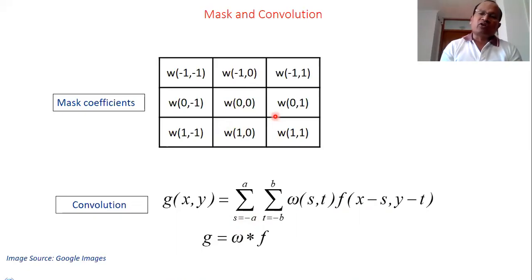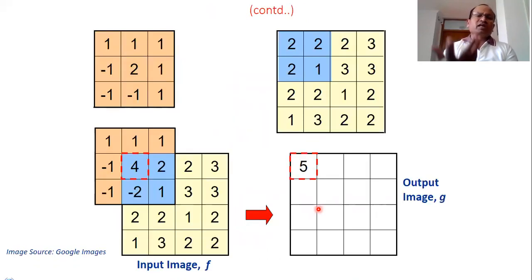So for all those 9 combinations, like if you put s,t as 1,1, you will find f(x-1, y-1). What is this? Whatever pixel you were talking about, now you are talking about -1, -1, meaning 1 row back and 1 column back. So dimensionally you will go back and then you will multiply by w(1,1). In a similar manner, you can complete the computations and perform the convolution like this, right?